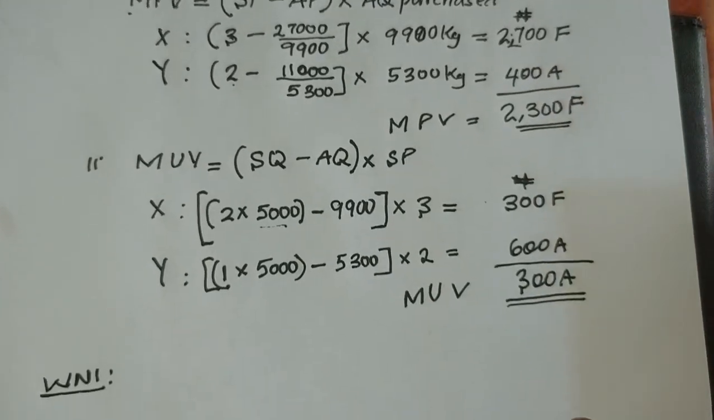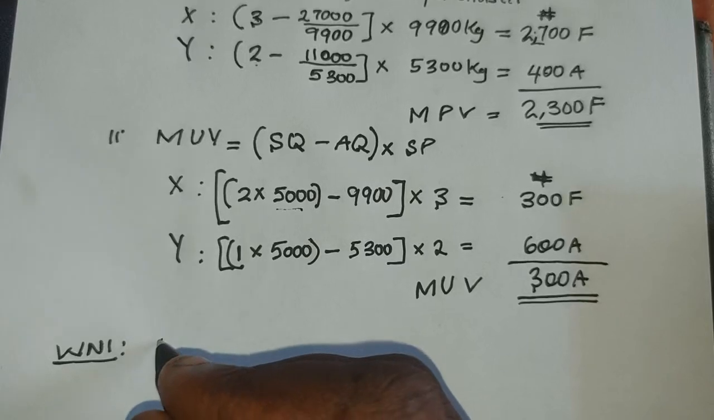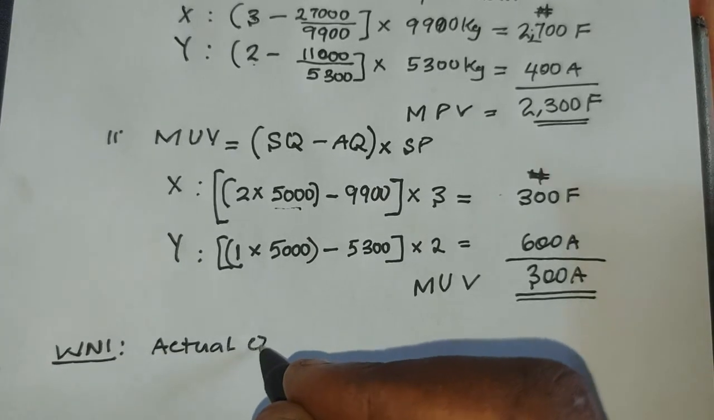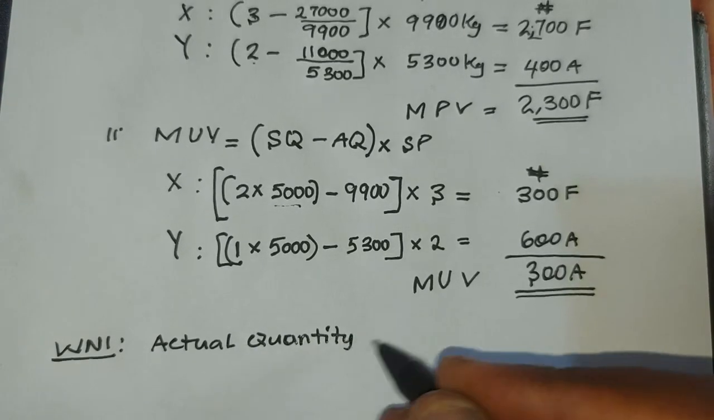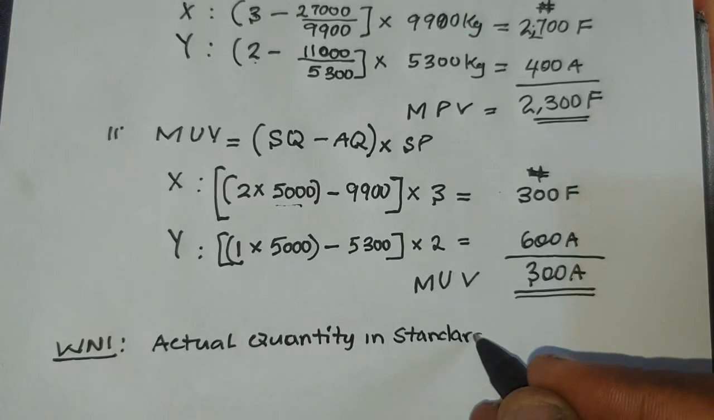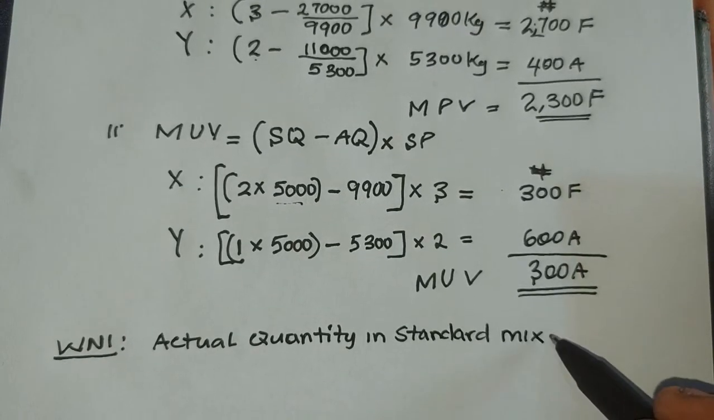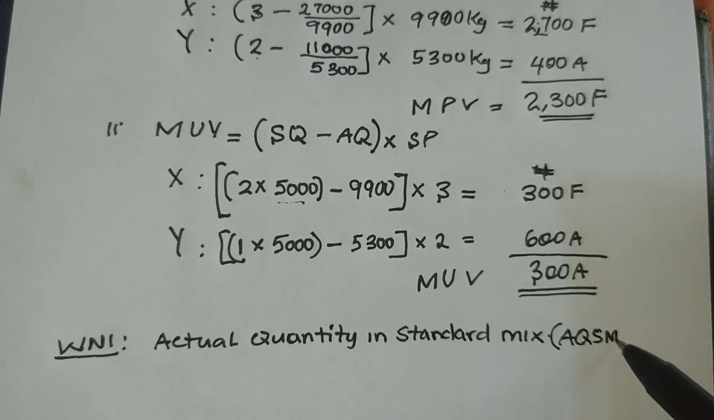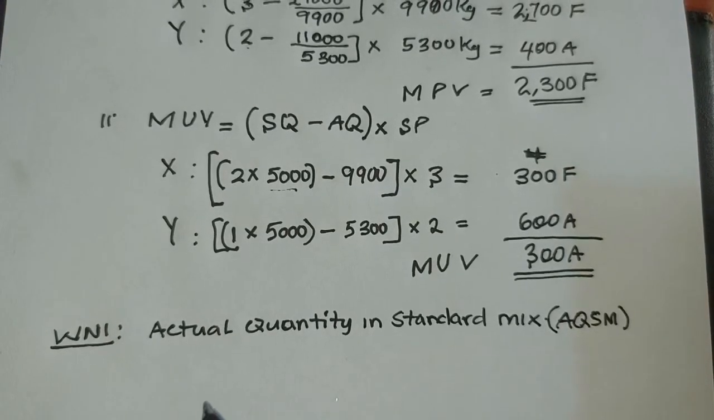The first thing, if you have to calculate the usage variance, is to calculate the actual quantity in standard mix. Actual quantity in standard mix, that is AQSM, must be calculated first. All right, so for